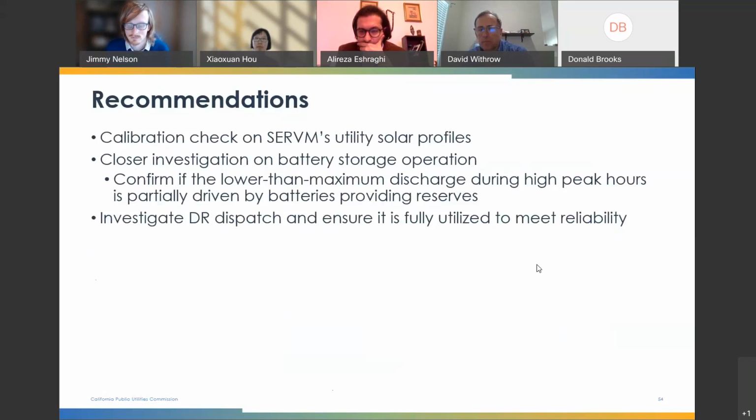I did want to provide confirmation on a couple other points. One was the question of the utilization of storage during emergencies, during firm load shed, that the output of the batteries is likely to be lower because some of the battery capacity is providing ancillary services. So that's likely what is going on. So just providing confirmation on that. That's all that I had. Great, thank you for your answer. Yep.